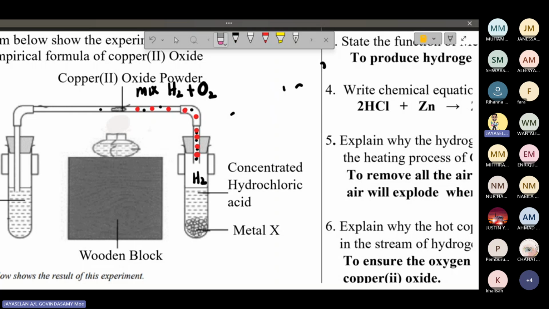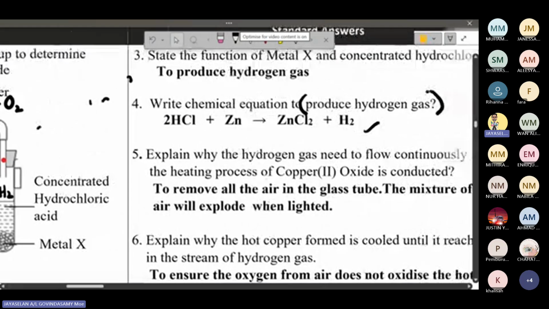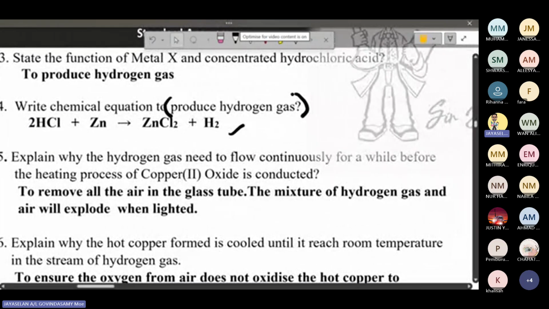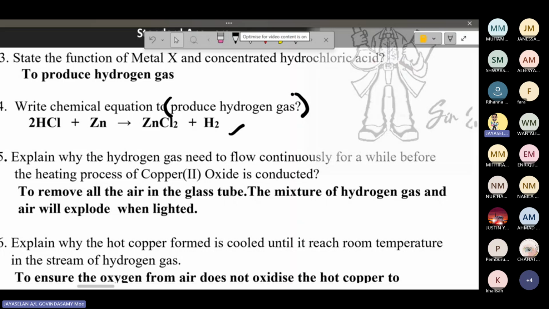I wait for several minutes. Let the hydrogen gas remove all the air. Dia buang semua air from the glass tube. The air will come out from here. After that you nyalakan Bunsen ni, the wick. And you try to get the product. Any question? Okay, kalau dia tanya dalam exam, explain why the hydrogen gas need to flow continuously for